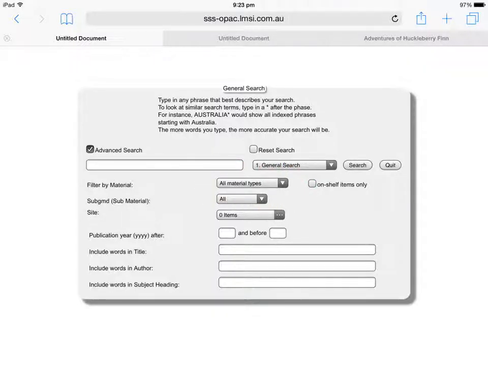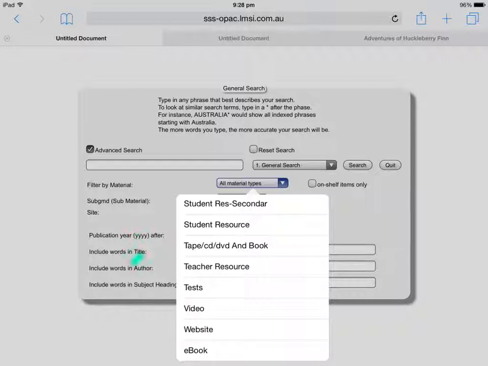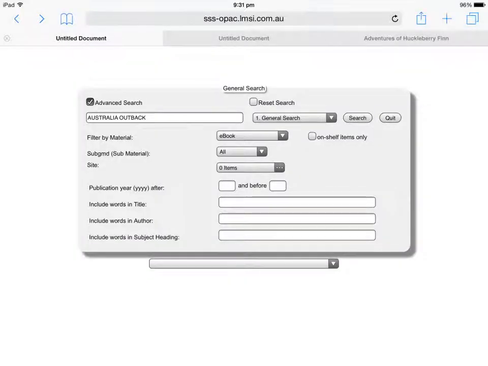It's quite a long list when you click just here on the pick list, and we're going to find eBooks. So clicking on the pick list here brings up this list, and we need to scroll down to the very bottom of that. And here we have it down the very bottom, eBooks. That's the one we're going to select. So here we have eBooks selected,